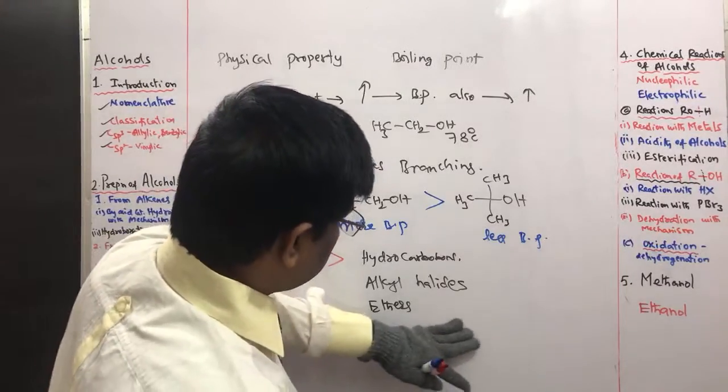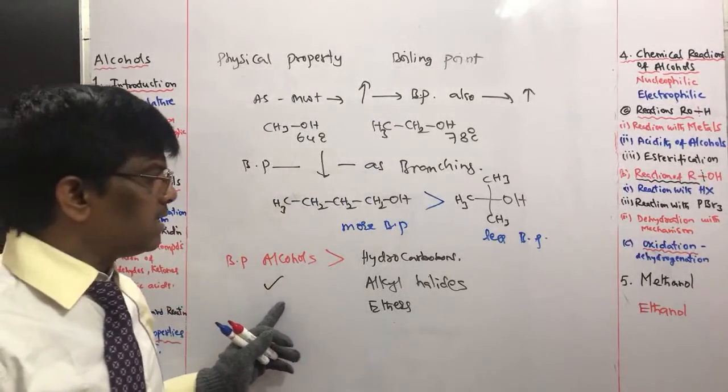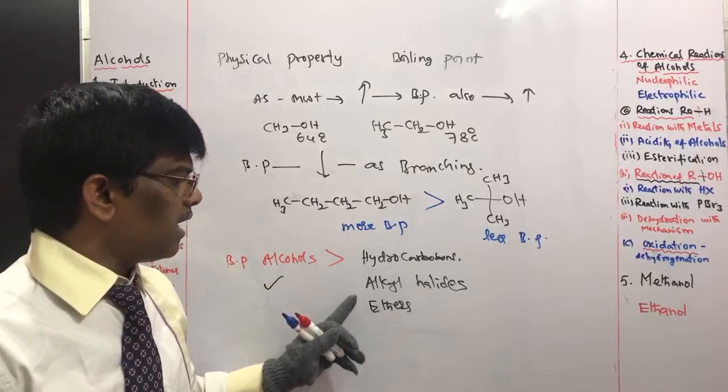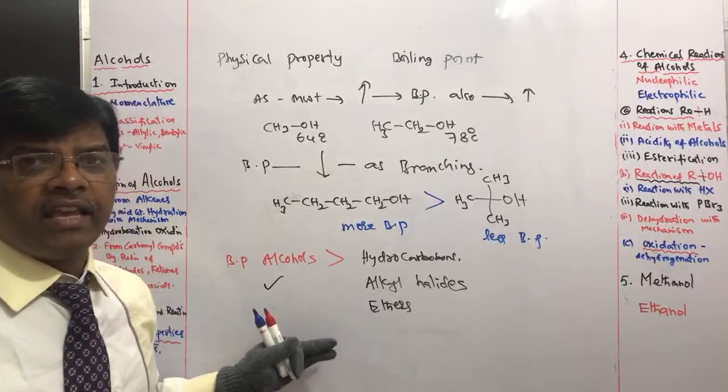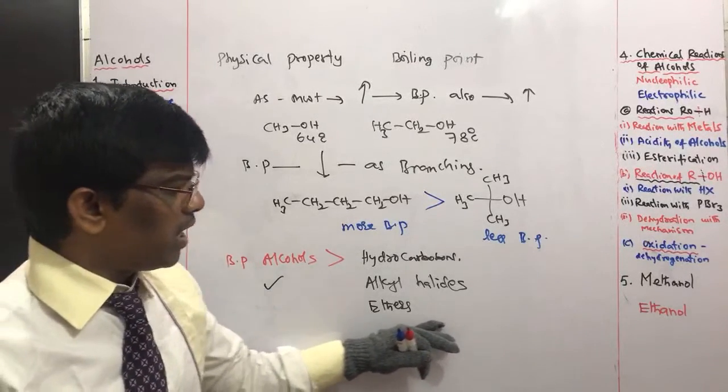So the boiling point of alcohols is greater than hydrocarbons, alkyl halides and ethers. Then why do alcohols have high boiling point? Because of